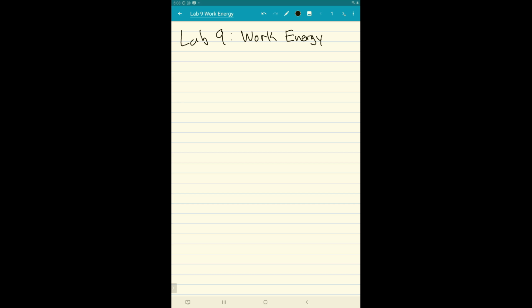Essentially, the work energy theorem is the concept that says the work that you do on an object can equal the total energy that object has. Let's say it started with zero energy, like some object sitting at rest on, let's just say, a frictionless surface, and